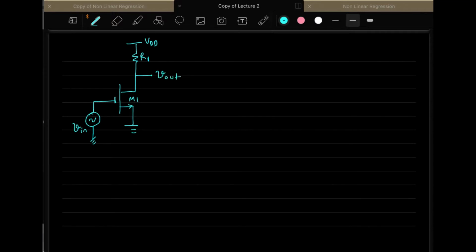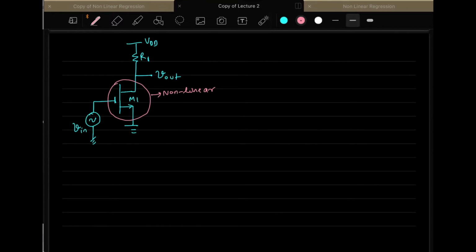I told you earlier also, and I'm telling you again repeatedly the same thing. What you are doing is you are actually replacing this particular device, which is a highly non-linear device, with linear elements. And why are we doing that? We are doing it because we can easily apply KCL and KVL, because we know nodal analysis, we know KCL and KVL, and we know all the other theorems also, like Thevenin theorem, Norton theorem. There are many of them, and they are only applicable on linear elements.